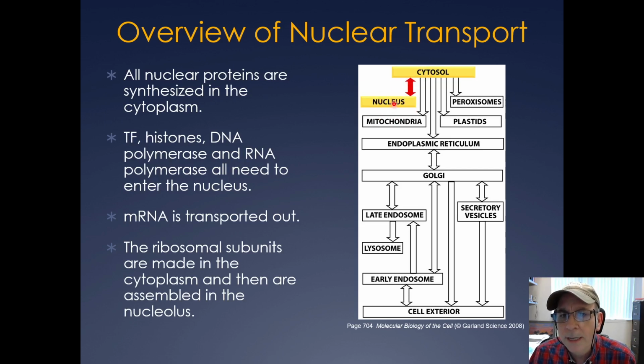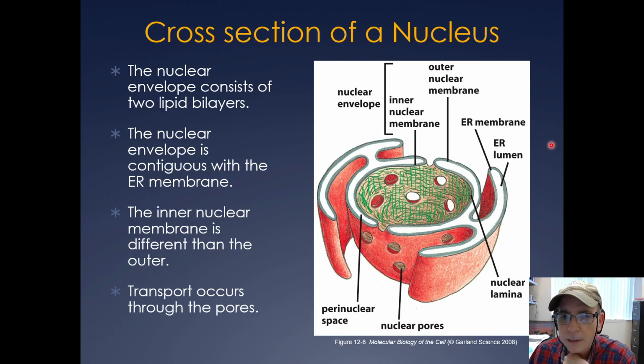Whereas messenger RNA and ribosomal RNA is actually made in the nucleus, and the ribosomes are assembled in the nucleolus, and they get transported out into the cytosol. Okay, and I just want you to really appreciate there's this bidirectional transport here, and it's a regulated process. Okay, and if we look at a cross-section of a nucleus, what you have here is